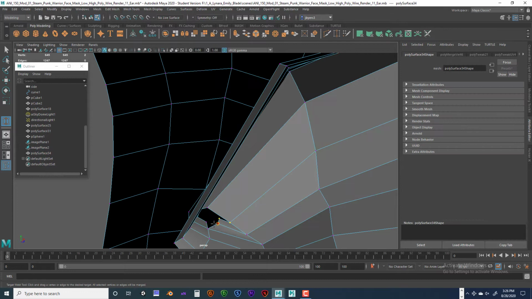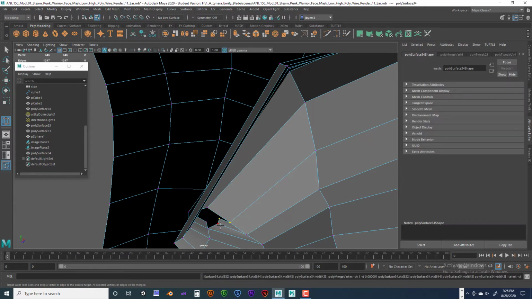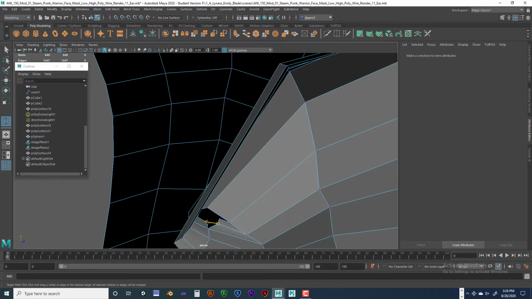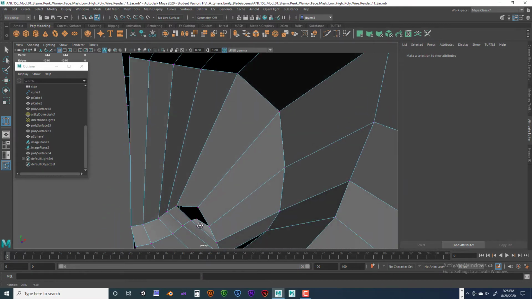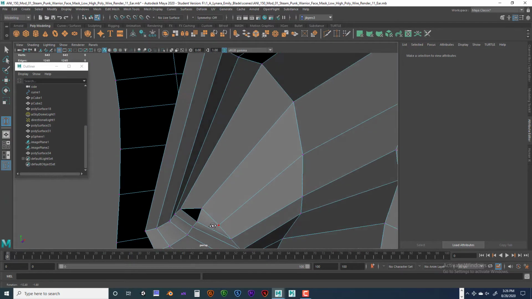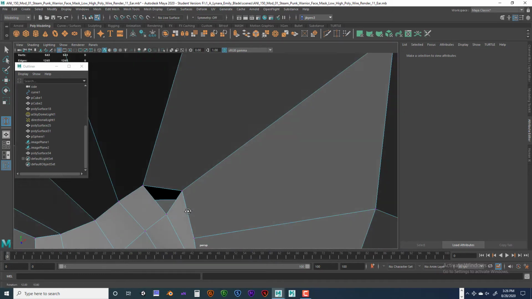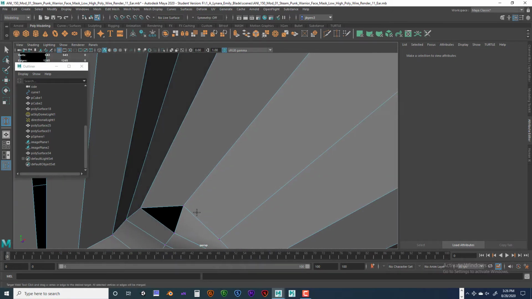So I'm going to target weld this one to this one. There we go. That's good. Alright, so I guess we could do this one to this one. It's still a quad. We're going to have a triangle no matter what, so we can fill that hole. Like I said, this is inside the mouth, doesn't really matter. Hit the Q key